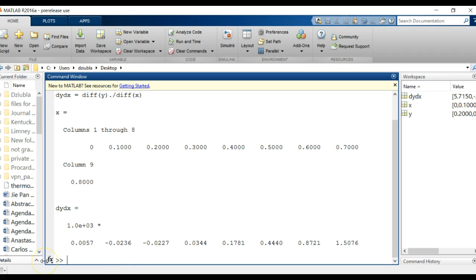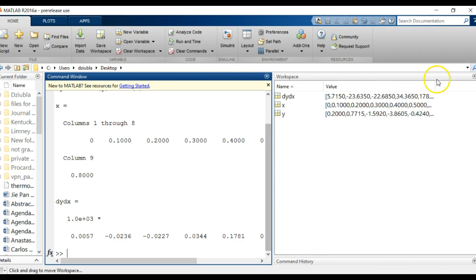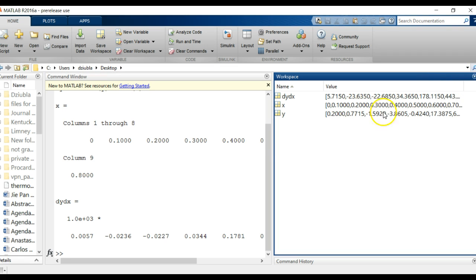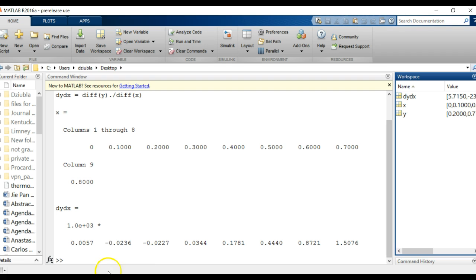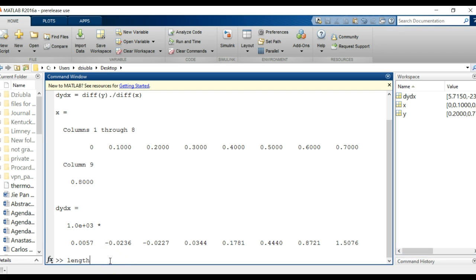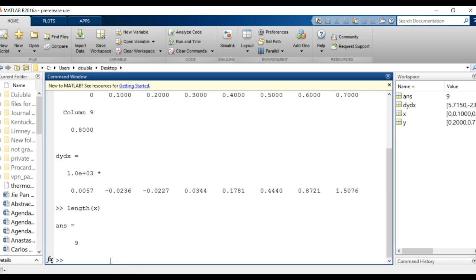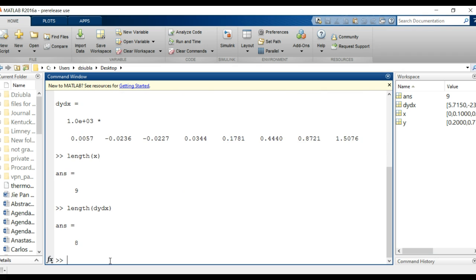To check to see if this actually worked, we have to look at a couple of things. First and foremost, let's look at our variables. One thing you'll notice is that if I use the length command on x, you'll see it's 9 positions long. If I did the length of dy dx, it's 8 positions long. Why? Because it's actually the difference between each row, so it's subtracting them,